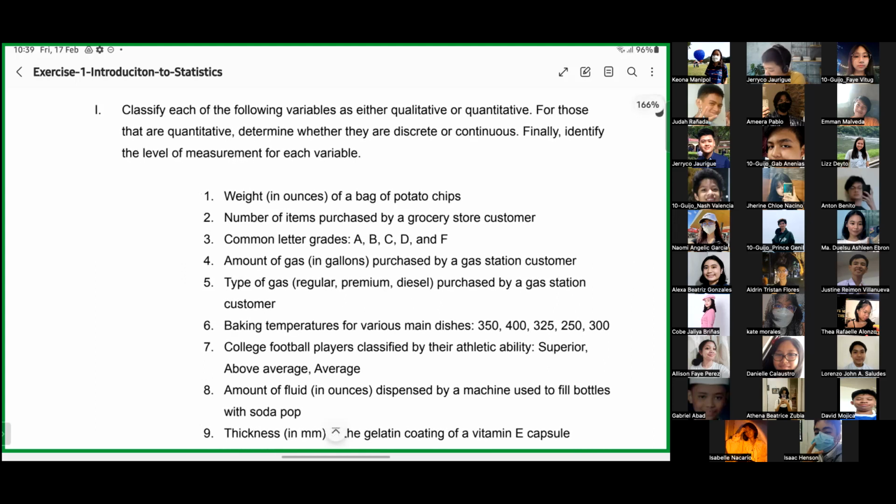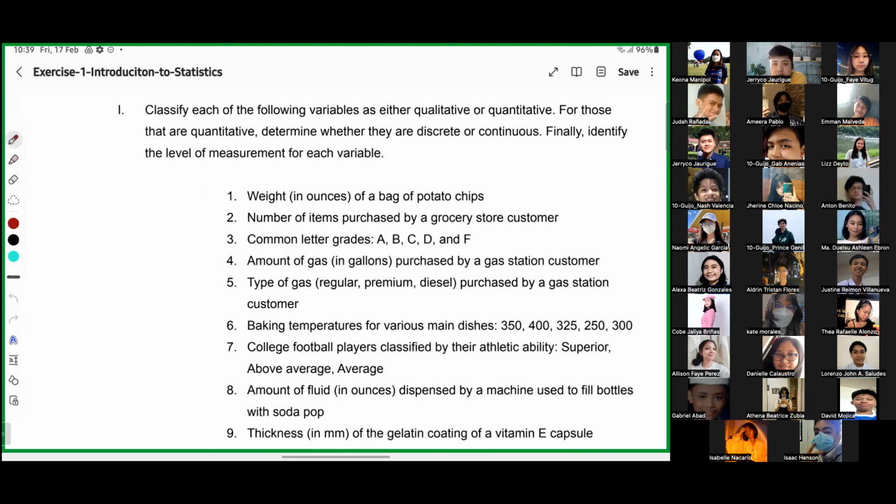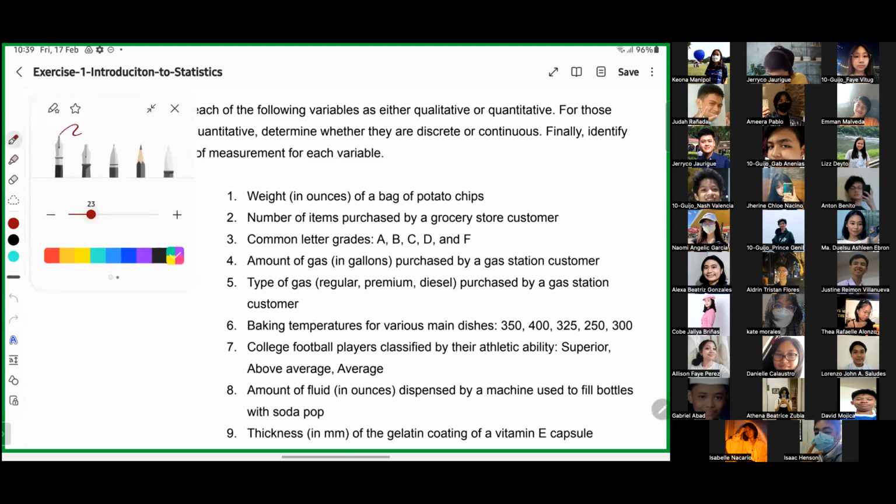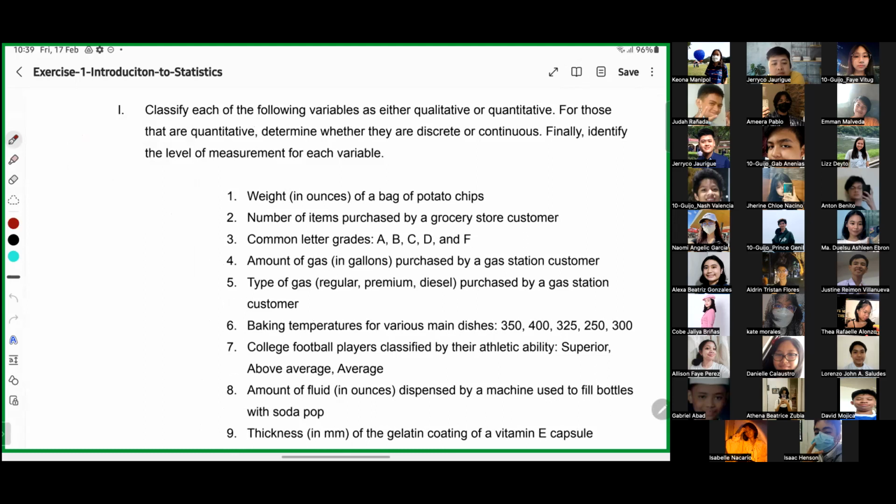Anybody? Number 1? Naririnig mo ba yung electric fan? Hindi naman. Okay lang. Alright. Sige, number 1. O, si Justin na lang muna. Raymond, ikaw mauna para magsunuran yung mga classmates mo.